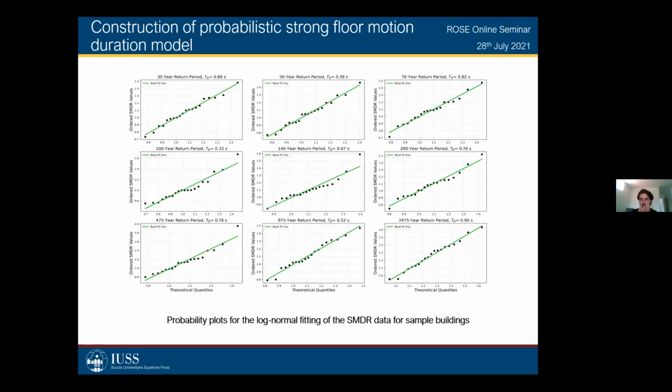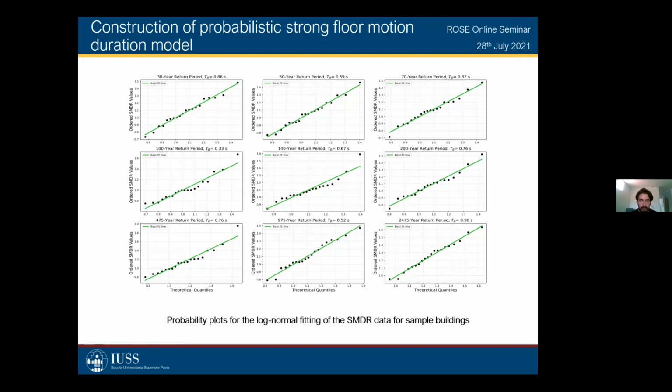And that's what we see in this slide over here. Basically, for each of the buildings that I showed you before in the histograms, we did a probability plot of the log normal fit to see how the data looks. As you can see, each plot has on the horizontal axis the theoretical quantiles from the distribution, and on the vertical axis the sorted values of the strong motion duration ratio